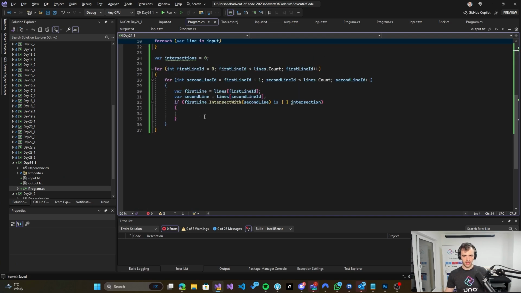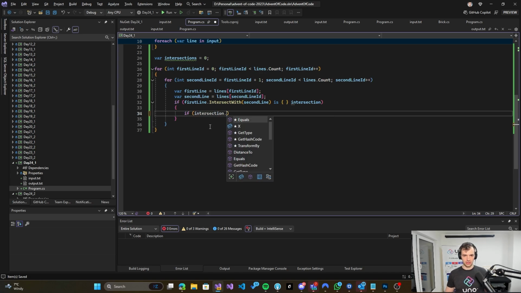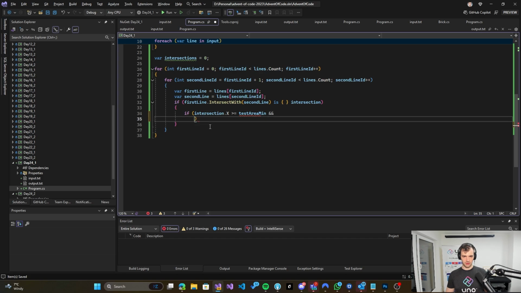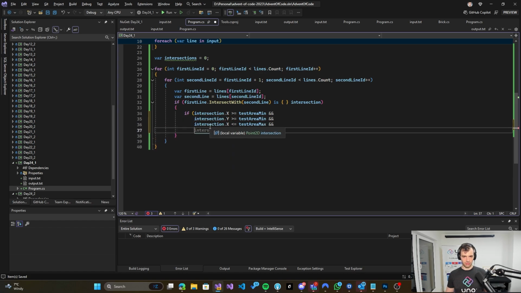So these are our test area values. So now if intersection x is greater than or equal to test area min and intersection y is greater than test area min, and then if x is less than max and y is less than max,